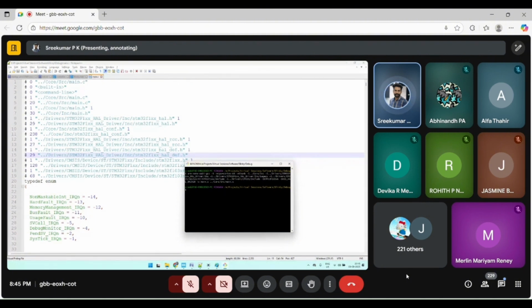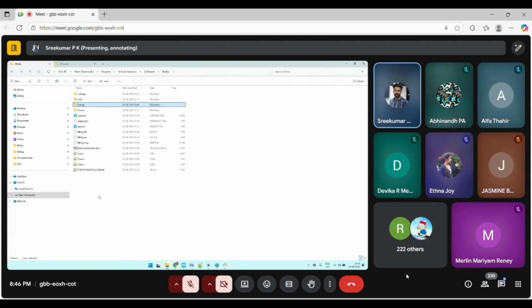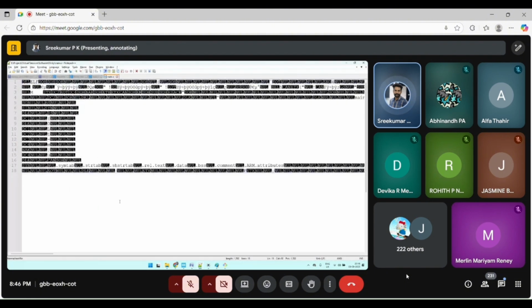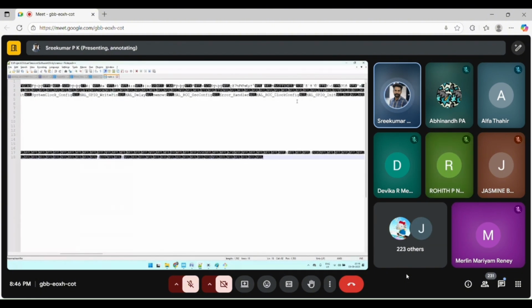See, compilation succeeded. So what I will get is a main.o. Inside main.o, you can see so many things which are unresolved: SystemClock, RCC config, error handler, RCC clock config, GPIO init.